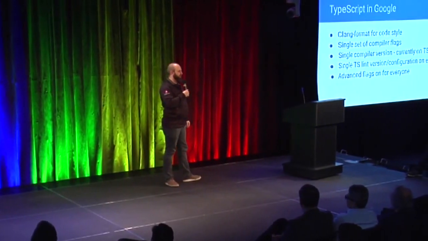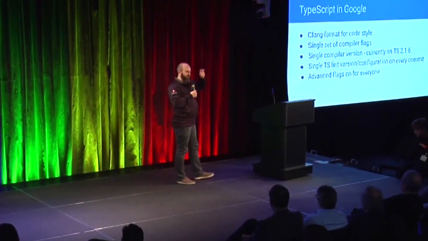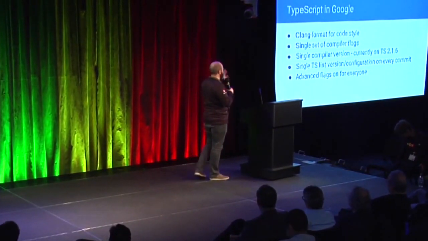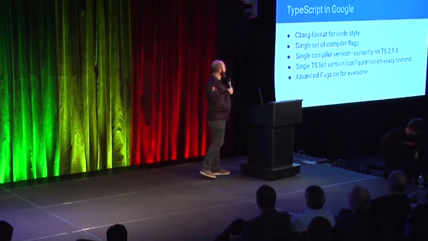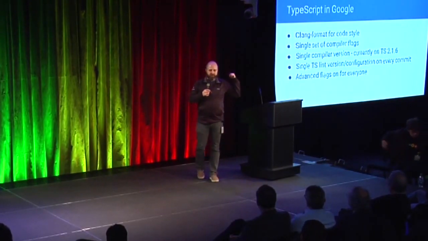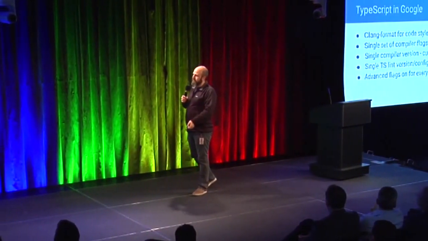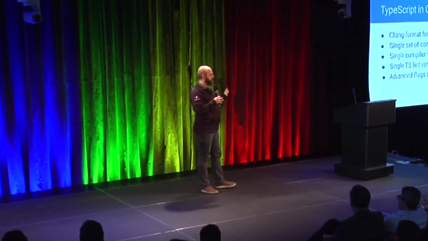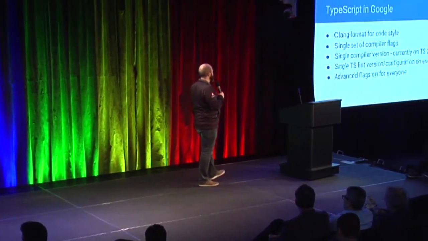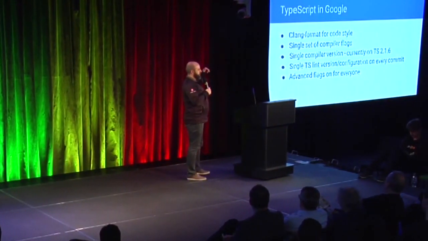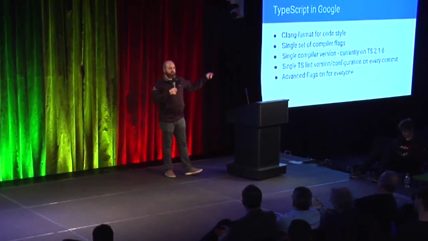We never argue about code style. How many times have you argued whether there should be arguments on the same line, or you should have a new line for arguments, or curly braces, if and else style, and all that? So that's out of the window. We picked one formatter, clang-format. It's actually for C++ originally, but it has a version that works for JavaScript and TypeScript. The code style, the white space style, whatever clang-format says is correct, that's the correct one. We never argue about it. It's in the past. Every change you submit automatically runs through this.